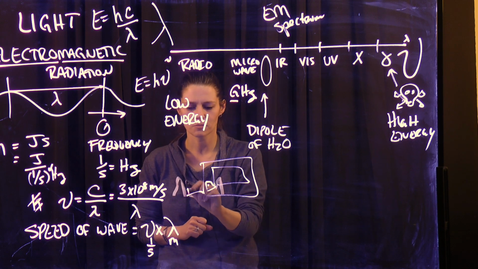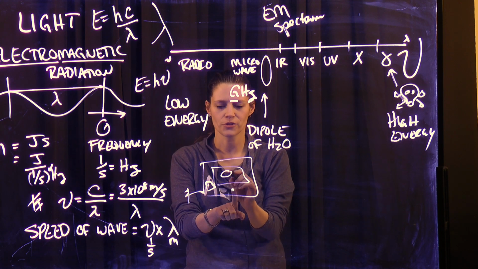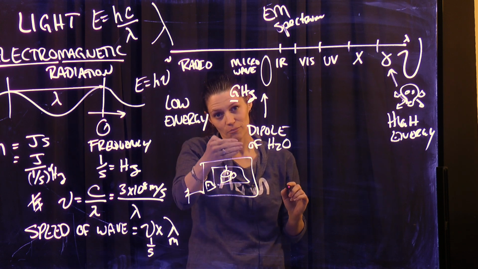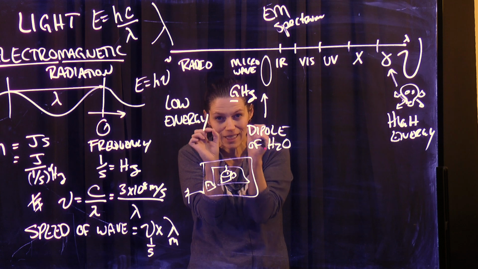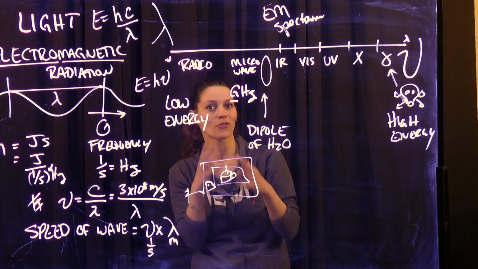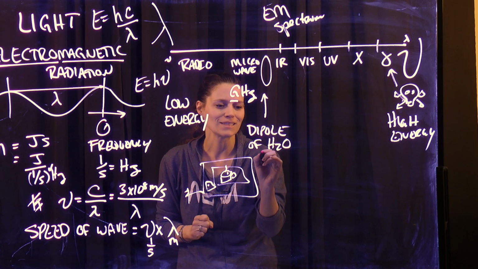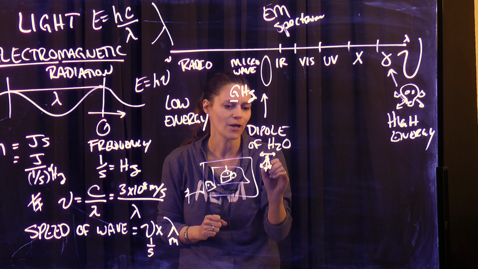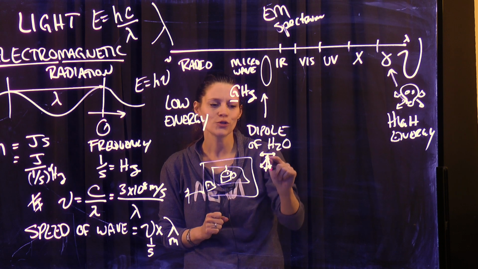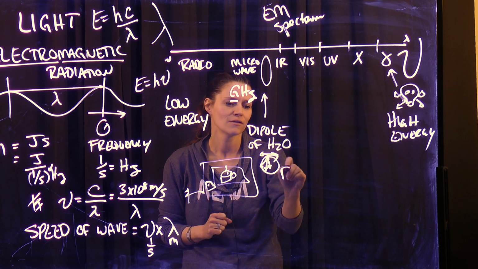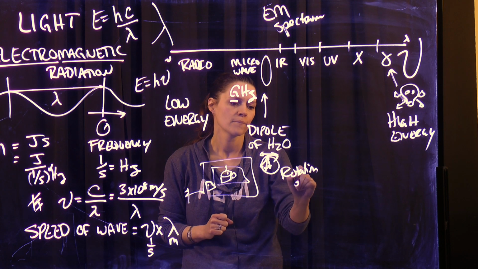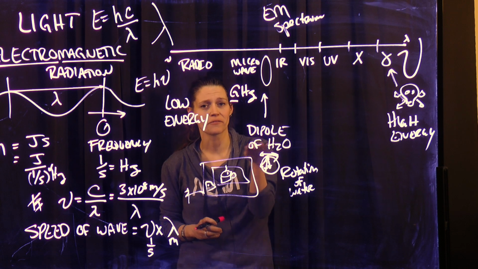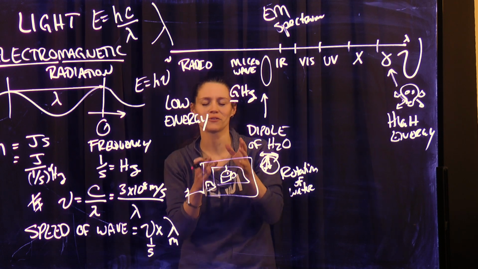So this is your microwave. It's plugged into the wall. And this is where you put your coffee. If you look on the front door of your microwave, you will find little bitty holes so you can see your food. The reason for that is the length of the dipole for water. So microwaves are tuned to the rotation